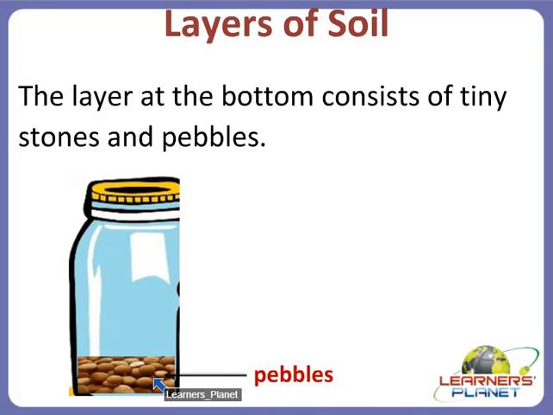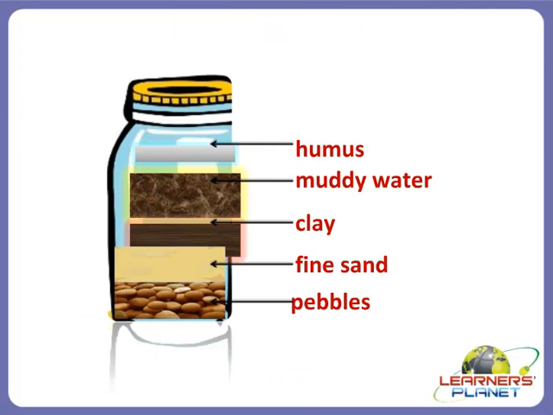So this is the bottom layer of the soil. What does he observe after that? Rohan observed that the bottom layer consists of pebbles and stones,